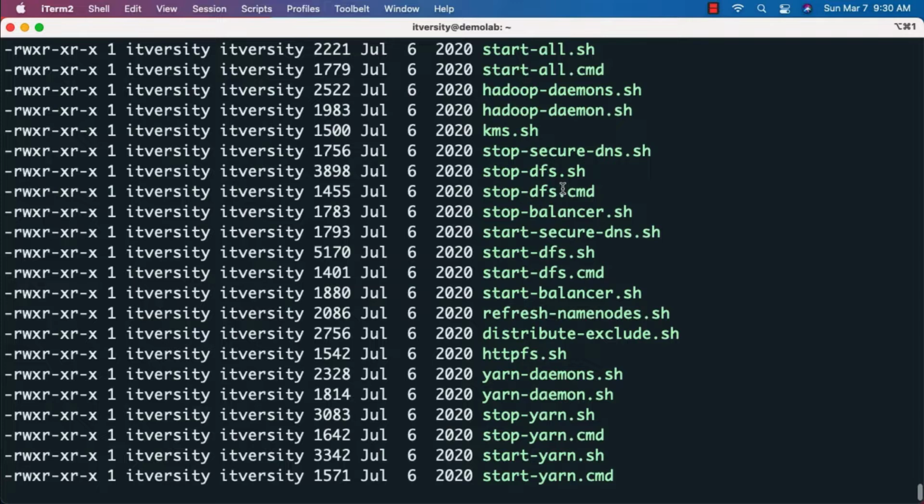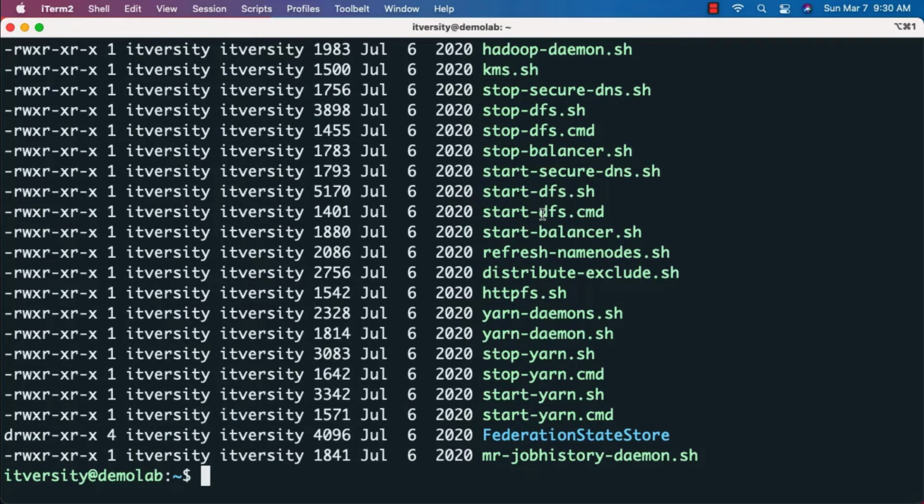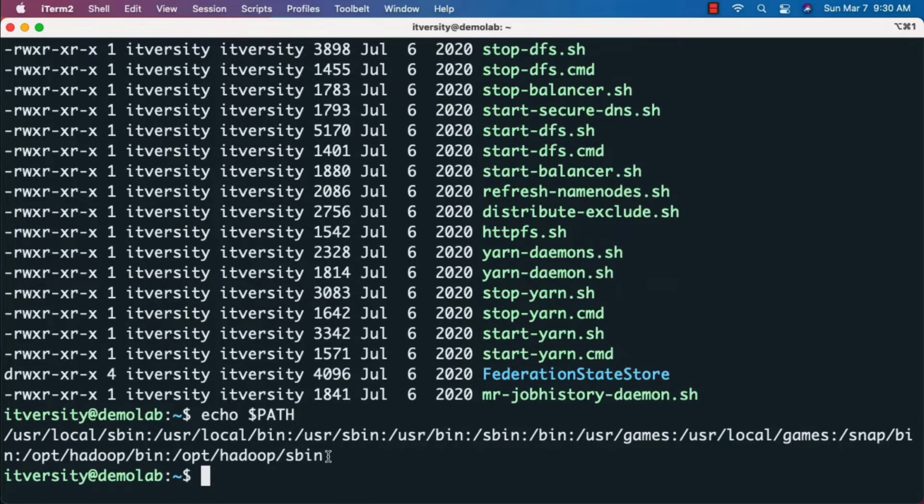We should be able to use scripts such as start-dfs.sh to start HDFS components, and stop-dfs.sh to stop HDFS related components. We will run these shell scripts in a moment. First, we need to ensure that the parent folder of the scripts is part of $PATH. It is the case. We have already validated by saying echo $PATH. I am running it once again. You can see /opt/hadoop has been part of $PATH,